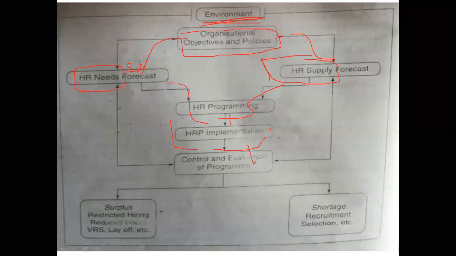Okay, this is actually the final stage in the human resource planning process. Control and evaluation represents the fifth and final phase in the HRP process. The HR plan should include budgets, targets, and standards. It should also clarify responsibilities for implementation and control and establish reporting procedures which will enable achievements to be monitored